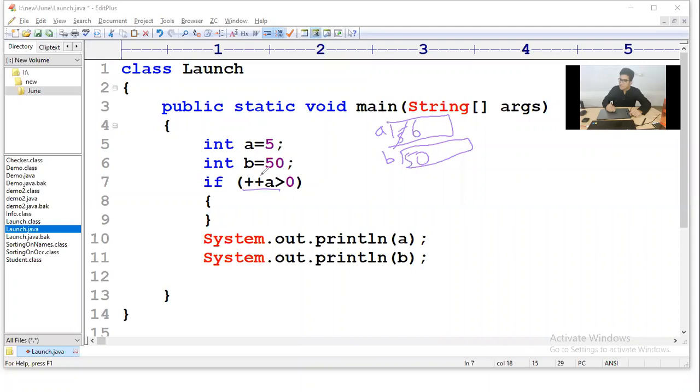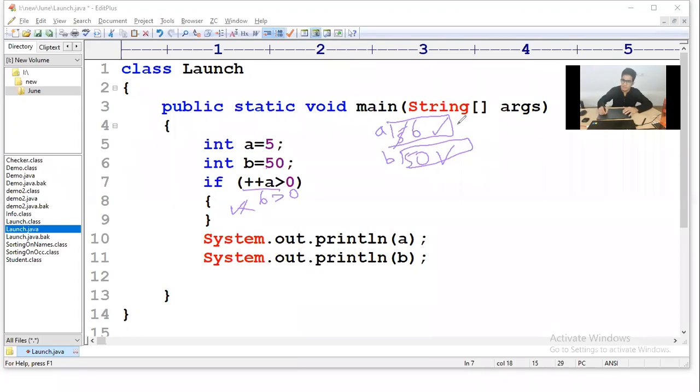Now I am checking the condition. Is 6 greater than 0? Yes, 6 is greater than 0. And you are doing nothing, so nothing will happen here, but control will come out of the if statement. When it prints a, the value is 6. The b value is still 50. Let's compile and see whether we have understood this topic.